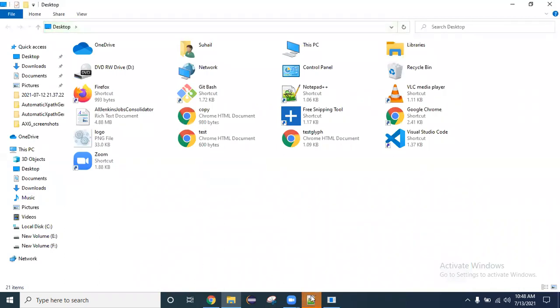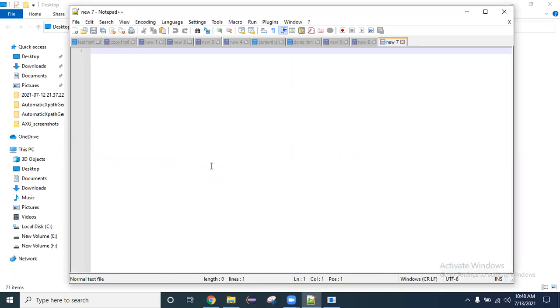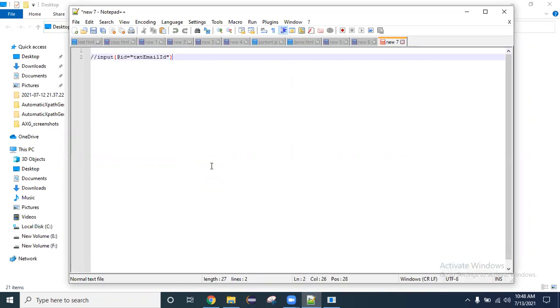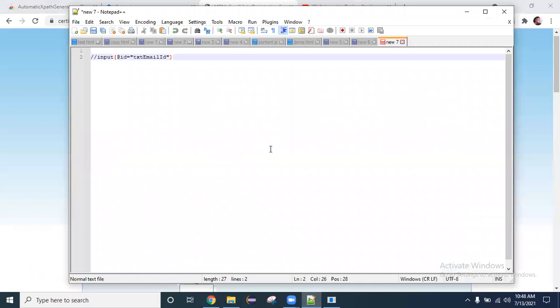So just go wherever you want to use that and just give Control V. It will paste that XPath whatever you have copied. Again, if you click on this XPath, again it will get copied, and again you can paste it directly in the script wherever you are using it.